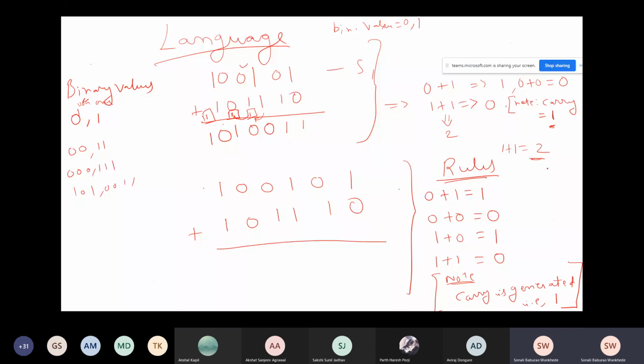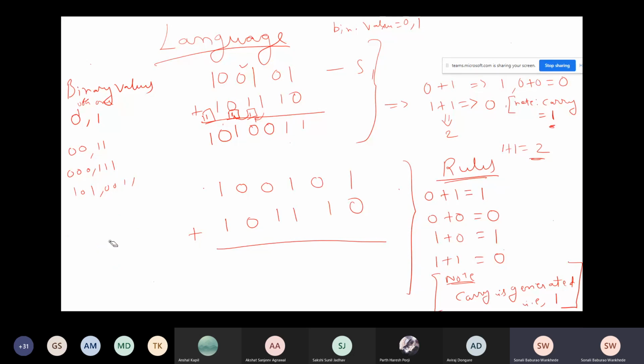The computer understands the language of zeros and ones only. It cannot understand our English grammar, etcetera. So if you are writing a program and compiling it, your code is later converted into zeros and ones. The computer does not understand English or any other language. It first has to be converted into zeros and ones internally in the computer, and then it will give you output because it understands the language of zeros and ones only. So similarly, in our example, let's take what the binary values are.